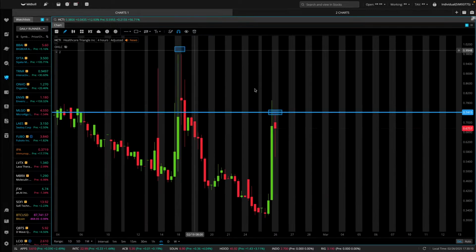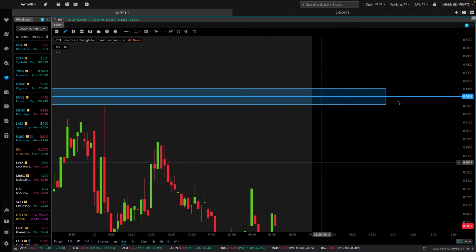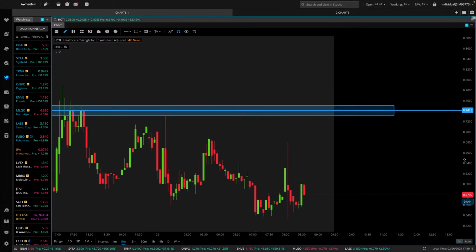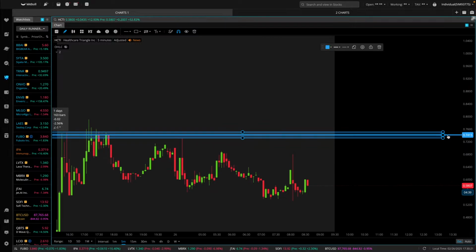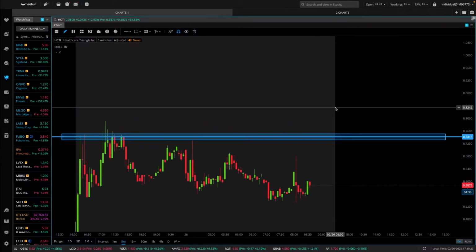HCTI, what's happening with this? Is it reversed or anything exciting? No. So HCTI is a very simple trade setup because all you have to do is follow instructions. Funnily enough, people struggle with this, but I will tell you, and this is all you need to do. If close is above 0.7415, you can take the trade. If it's below 0.7415, you do not take the trade. So HCTI, there are no entries unless 0.7415 breaks. If it breaks that level, then I will update the chart. If there is no break above, then I'm not going to update the chart. It's as easy as that, right?